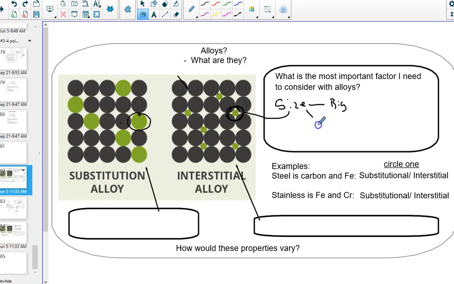Now, if it's small, then this thing is going to wedge between them. An example of this is carbon. Carbon's really small, iron's relatively big. It would be what we call an interstitial alloy. This is a really common example because carbon and iron make various versions of steel. The more carbon you add, the more these crystals or lines of atoms cannot shift past one another, and it becomes, in one sense, stronger.